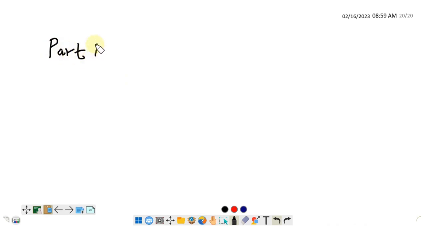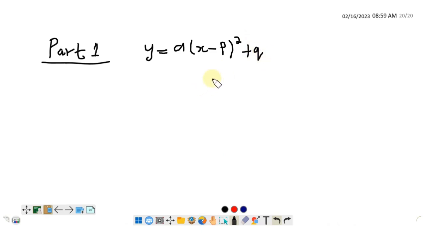Part 1 is y equals a(x - p)² + q. So we are saying here, if you need to solve for a,